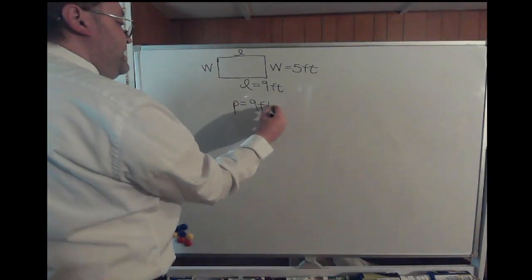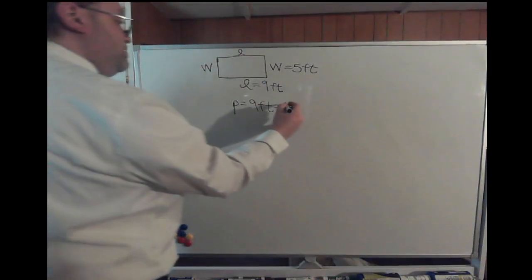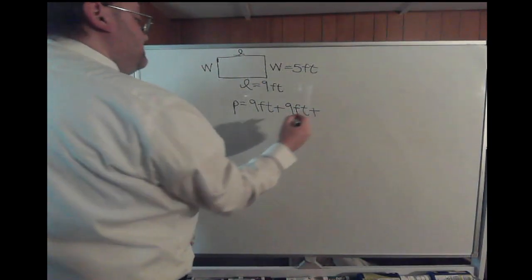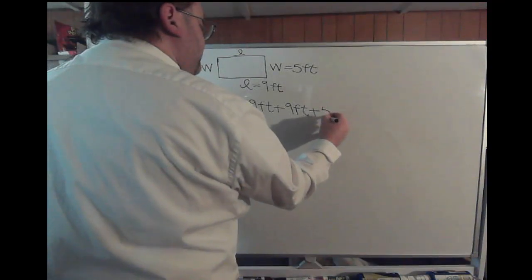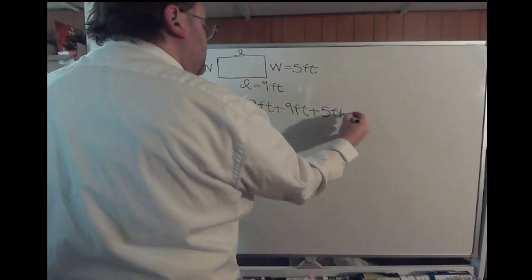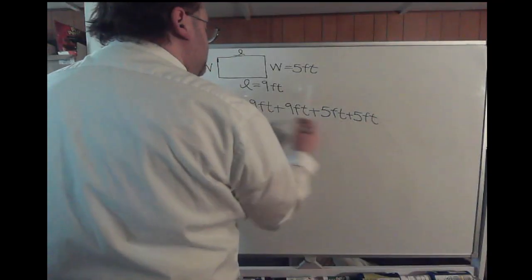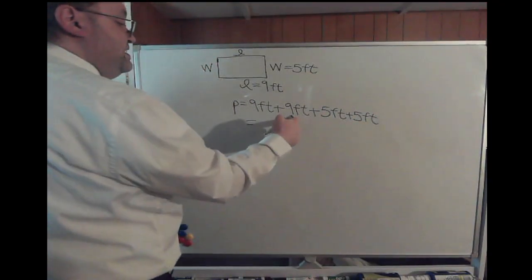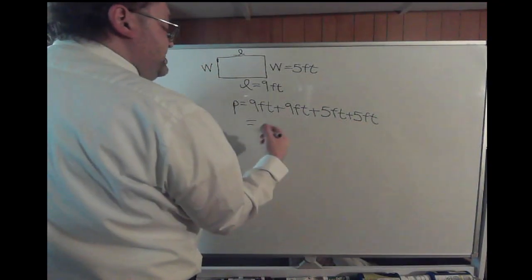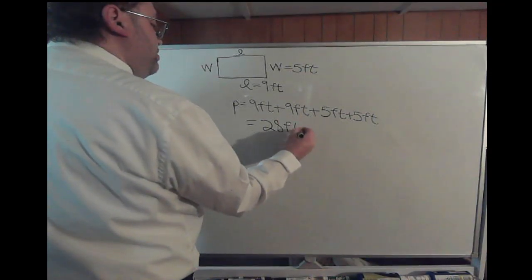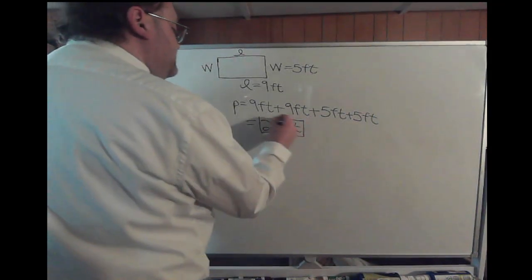We'll have to do it again because the other length is also 9 feet. Plus the two widths, you have to have 5 feet twice. So then you add these together. 9 plus 9 is 18, plus 5 plus 5, 18 plus 10, that's 28 feet. The perimeter would end up being 28 feet